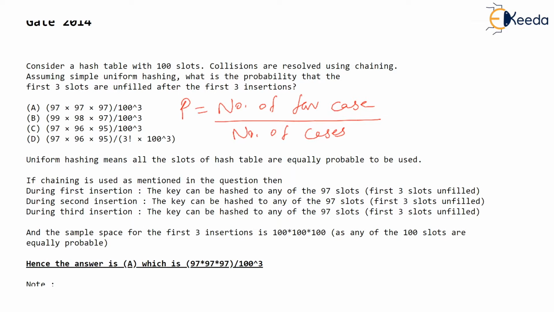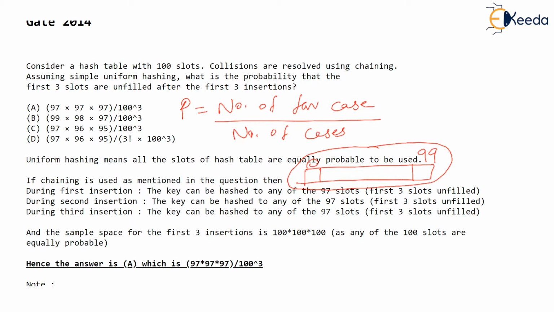So if you are having a hash table of size 100, just check this. If there is a hash table of size 100, which has 0 to 99 elements, 100 elements are there, then imagine you are inserting the first key in this hash table. Where will that key go? Where will you insert that key? That depends on the address decided, and all the addresses are equally likely, isn't it? That means the first key can go to any of the 100 addresses, correct?